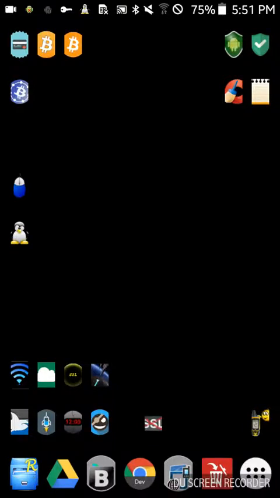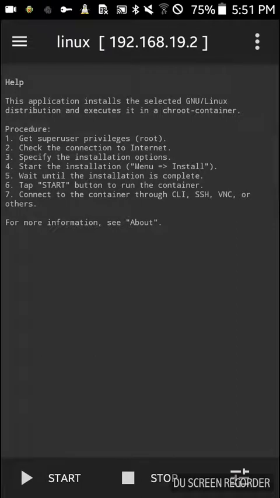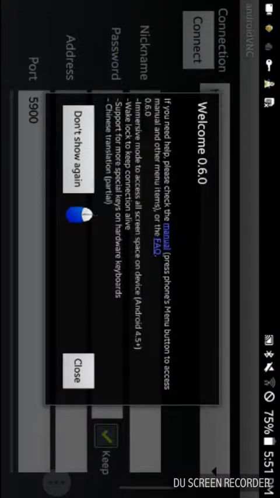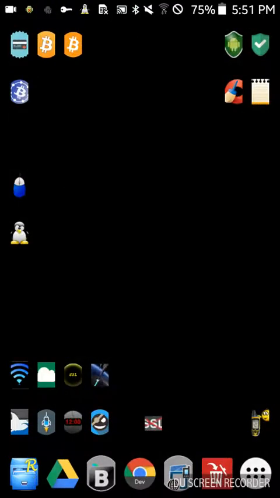Today I'm going to show you in a quick few steps how to install Kali Linux. Now, in order to do this, your phone's going to be required to have root access, super user authority. You're also going to need to install Linux Deploy on your phone. You're also going to need a VNC viewer, which any would do, and then you'll need an SSH program if you plan on running Kali Linux